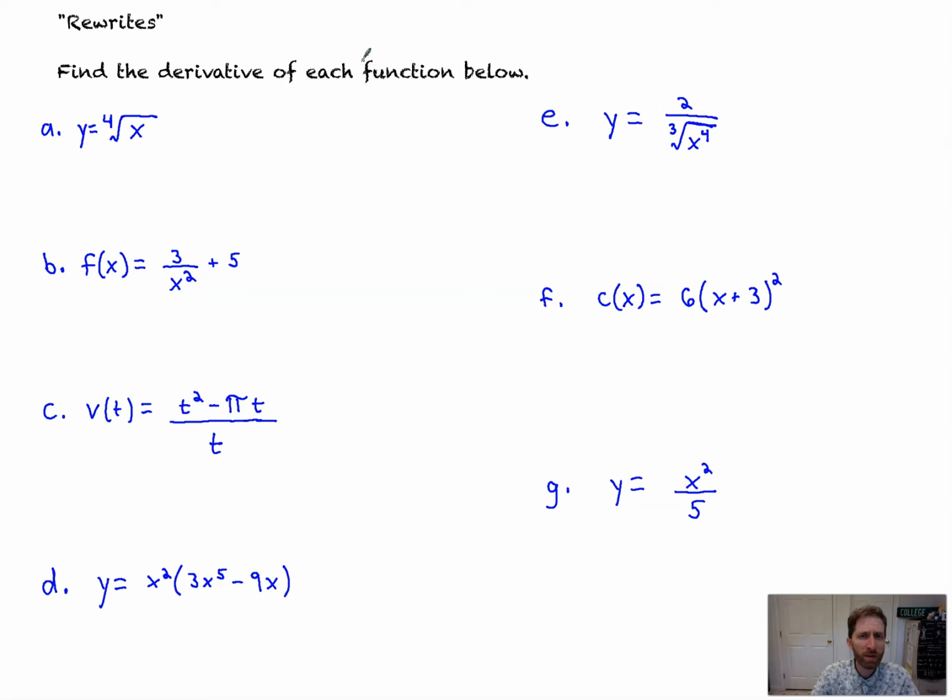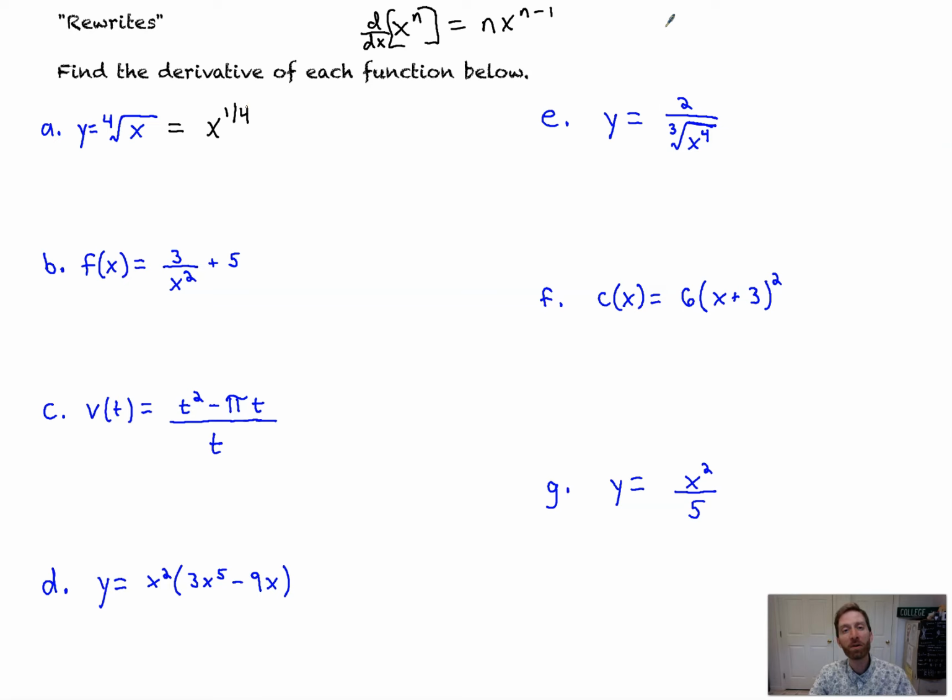So it says find the derivative of each function below. And again, I call them the rewrites. So looking at this, this is y equals the fourth root of x. It's not in the form of x to the n. And remember, our goal is to be able to get in that form because we know the derivative with respect to x of x to the n is n times x to the n minus 1. That's our power rule. So looking at this, if I rewrote it as x to the 1/4,